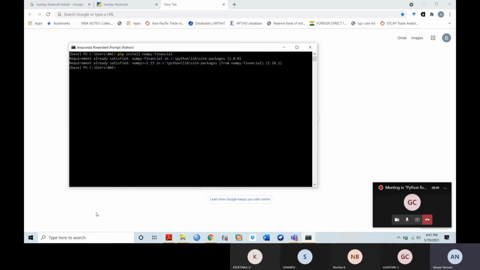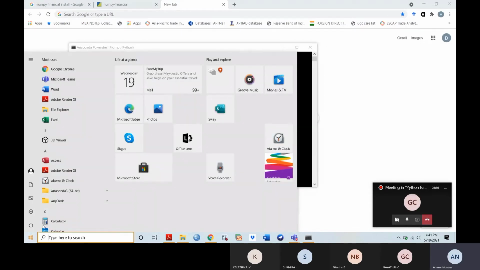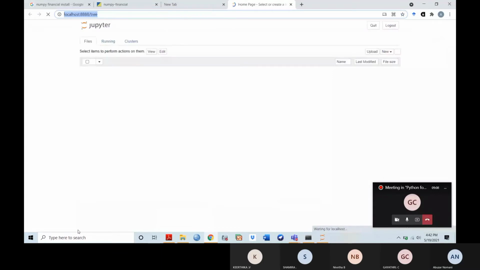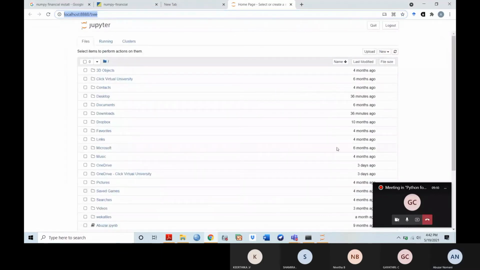Now we are going to use it in the Python Jupyter Notebook. So we are going to open Jupyter Notebook. This one is Jupyter Notebook. We will open it and then we will see how we can use it.